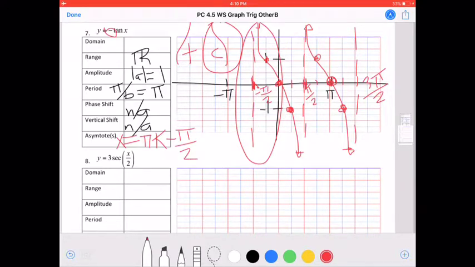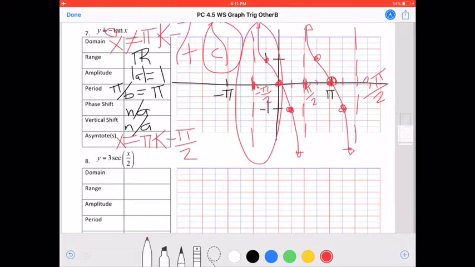The shortcut here for tangent, we would always take pi over 2, multiply it by our b, which here was 1, and then add our phase shift, but we don't have anything, so it still stays pi over 2. So that's how we get that. Our domain is always the same thing as vertical asymptotes, but x cannot equal whatever we wrote. So pi times k